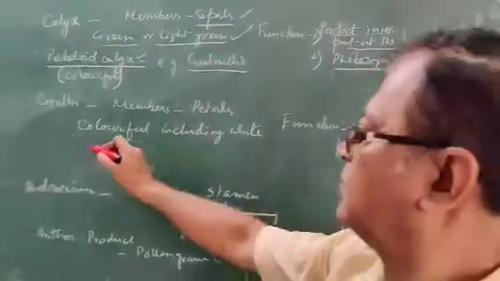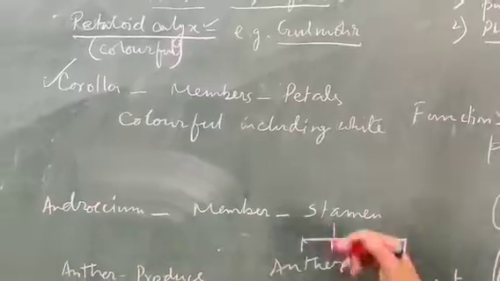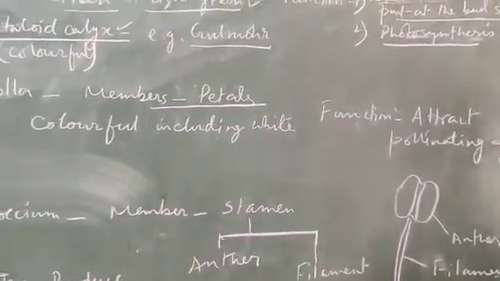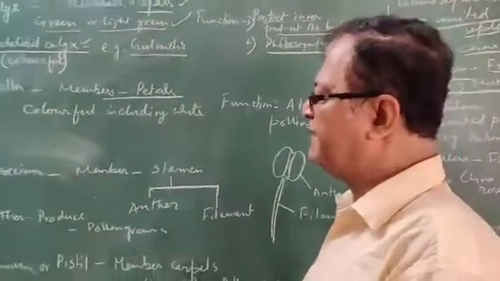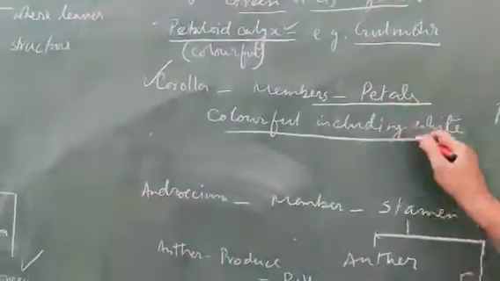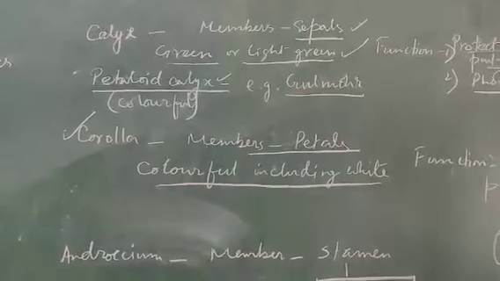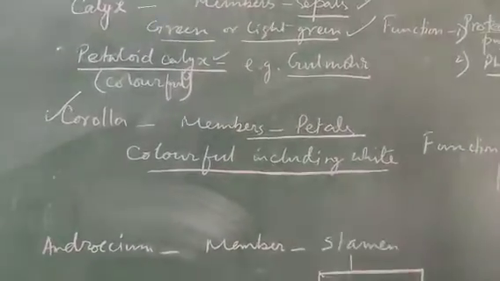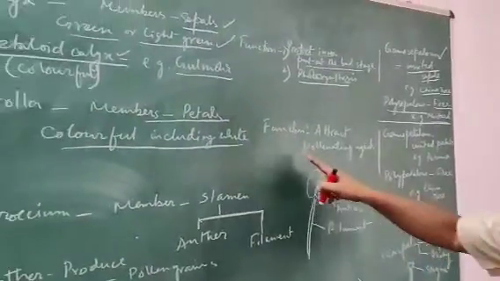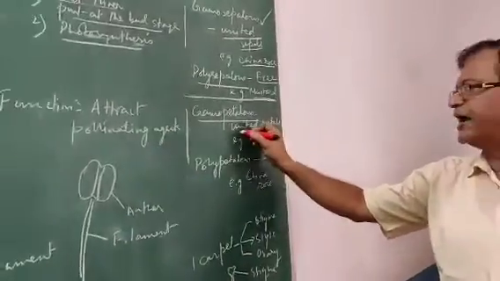Next we come to the corolla. Corolla is actually a group of members. Each member is called a petal. The number of petals may be 5, maybe 6, maybe 8. They are the most colorful part of the flower. All kinds of colors are available in flowers of different species. Each member, the petals, if they are united, they are called gamopetalous, united petals.